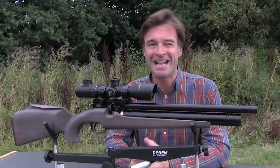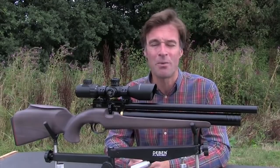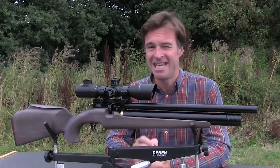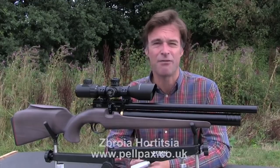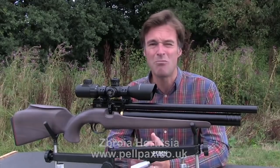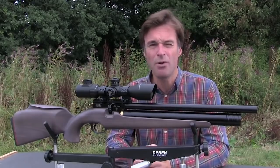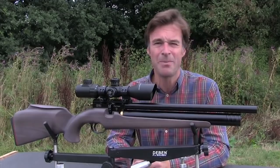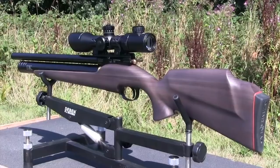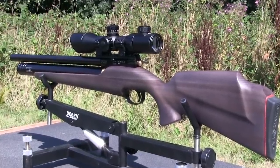Decent PCP airguns are getting more and more affordable, and this week's review gun is a brilliant example of that. It's the Zbroia Hortitsia from Pelpax. Made in the Ukraine, it's a fantastic little multi-shot PCP with a price tag of just £499.99. I've already used it a few times on hunting trips, one of which we've already featured on the show,